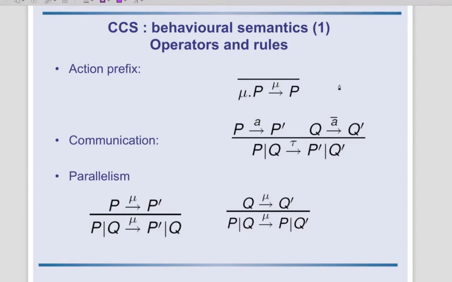Communication is when input and output match. We didn't show it in the examples, but if you have a process P that can emit an A and a process Q that can emit an A bar, then they communicate and they become the resulting processes P prime and Q prime, and the resulting action is tau, in which they synchronize. You have basic parallelism that allows you to do reduction on one half of the parallel operator. If you have P parallel Q, then P can reduce according to its own semantics, and same thing for Q.